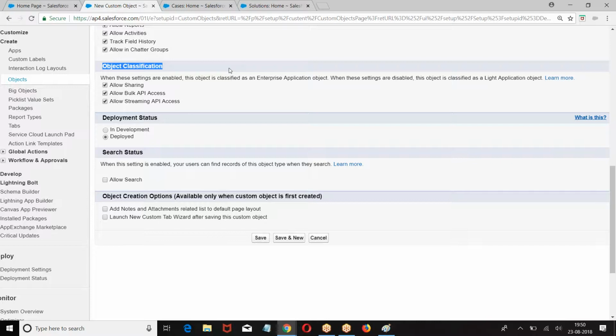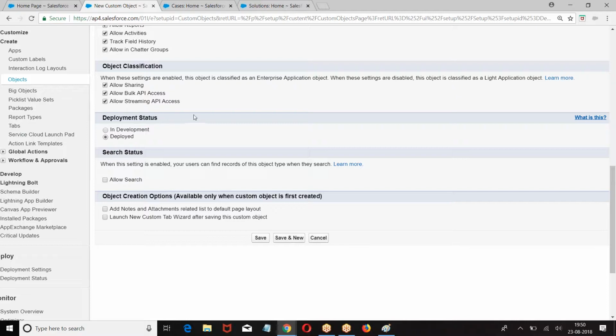If all three options are enabled, it is an enterprise application object, your regular application. If any one of these options is disabled, it becomes a lightning application object, which means single page application. I hope you are good with this.